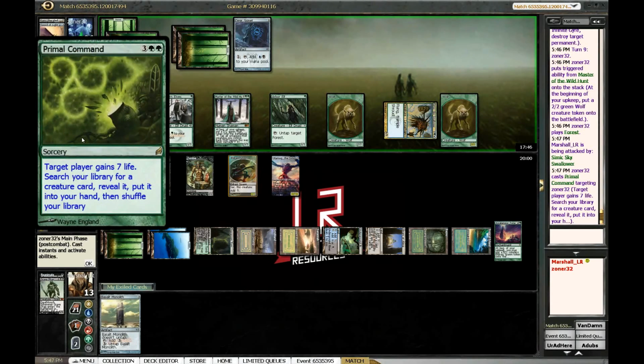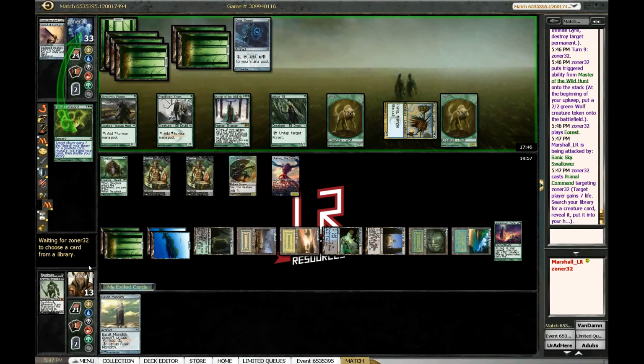Target player gains 7 life. Search. Okay, so let's see what he's getting. He needs something that just makes a whole bunch of permanents, basically. Even then, he's in a good position here. But we have draw steps, too. Unfortunately, only 1 per turn, but...